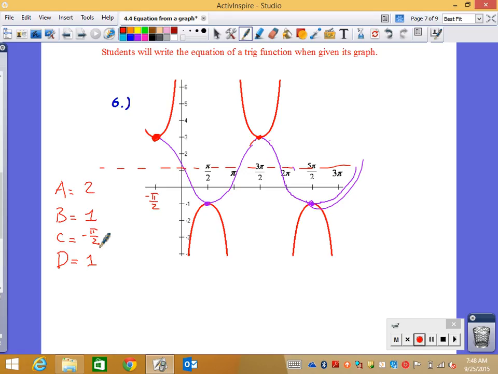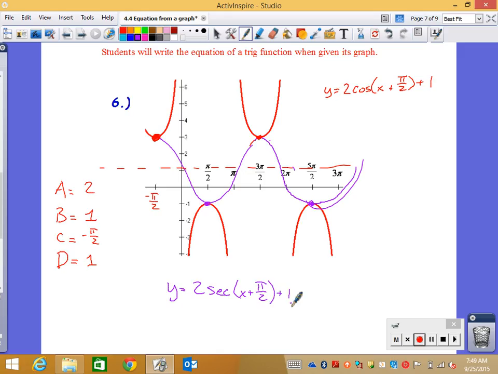And then from that, we'll determine what my final answer is going to be. Putting this all together, remember I'm starting at a peak, so it's going to be a cosine. So it's going to be y equals, my amplitude is 2, I'm not tacking on a negative sign since I'm starting at a peak, cosine, my b value is 1, but I am shifting it to the left pi over 2, so it's x plus pi over 2, and then a vertical shift of plus 1. Now, all I have to do in order to turn this into my final answer is to just replace cosine with its reciprocal identity, which is secant. So my final answer is going to be y equals 2 secant of x plus pi over 2